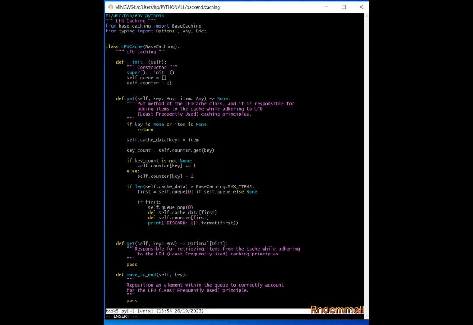So next we check if the key is not already in the queue. That is here, if the length of the cache data is not yet greater than the max items, so it's going to skip this check, and then we check if the key is not already in the queue. If key not in self